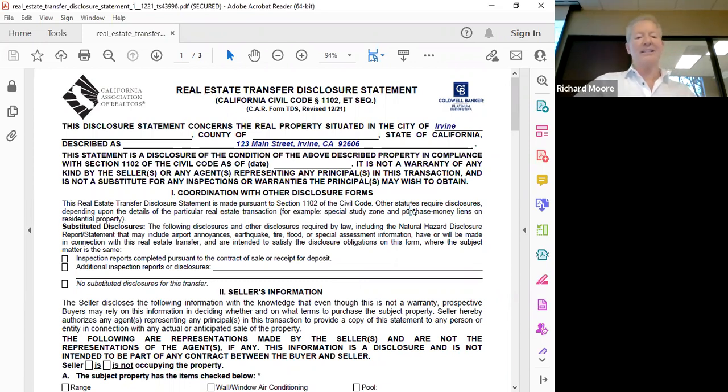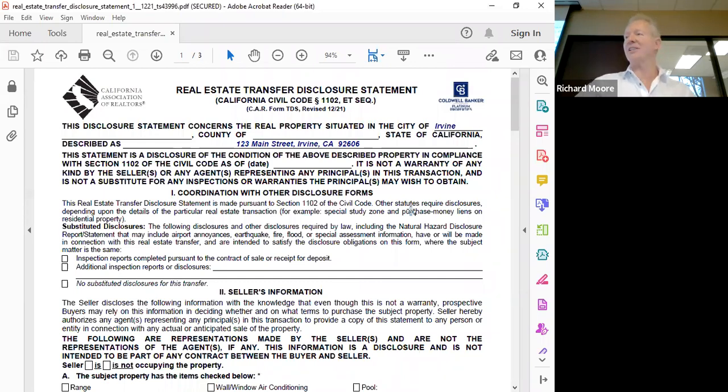It also indicates that neither the seller nor real estate agents are liable for any error or inaccuracy, provided they had no personal knowledge. I will talk about that. But if you have knowledge that something is not accurate on that form and you should be reading it, then you could actually have liability, unfortunately.